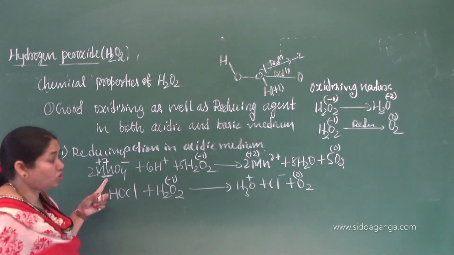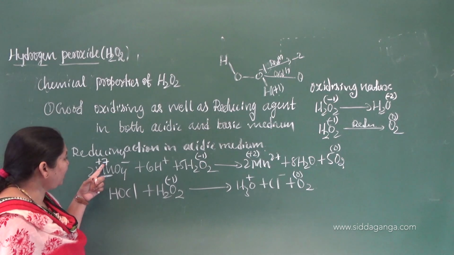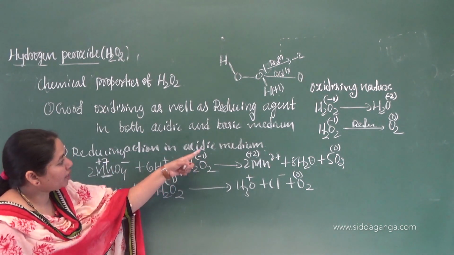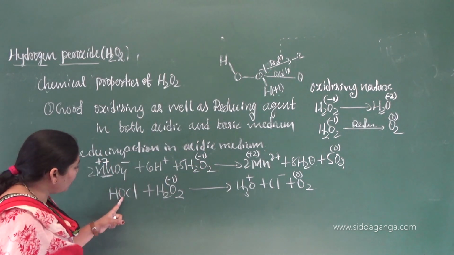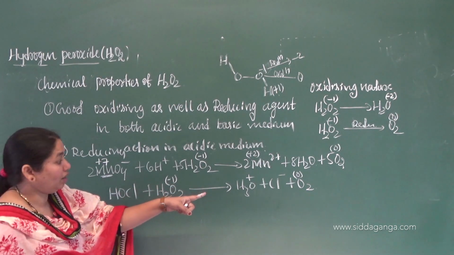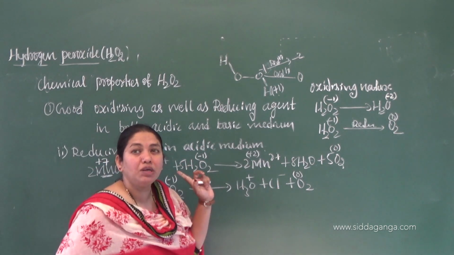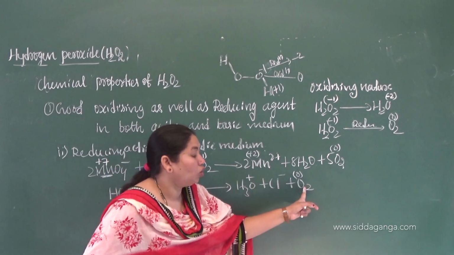Yes, note down, this is very important here. The oxidation number has decreased from +7 to +2, and the oxidation number has increased from -1 to 0. That's why it is a reducing agent. Similarly, the oxidation number is +1 and goes to -1. That is where we have to observe in the case of chloride. Hypochlorous acid has been converted into chloride and hydrogen peroxide has been converted to what?